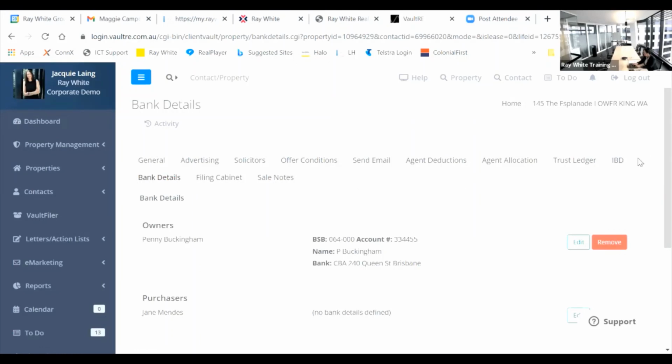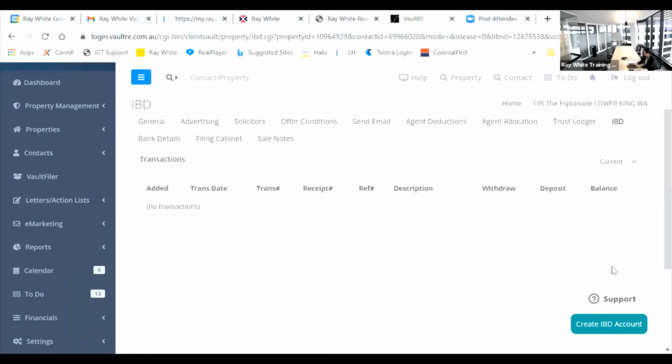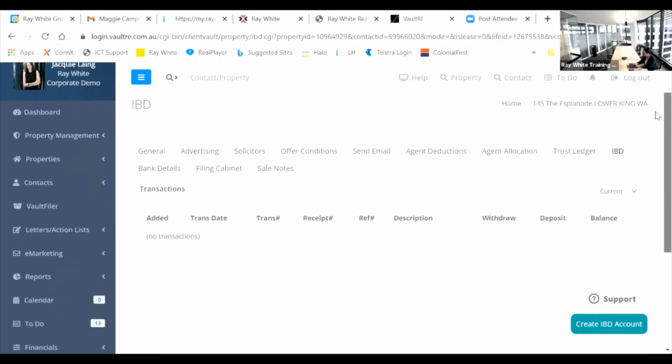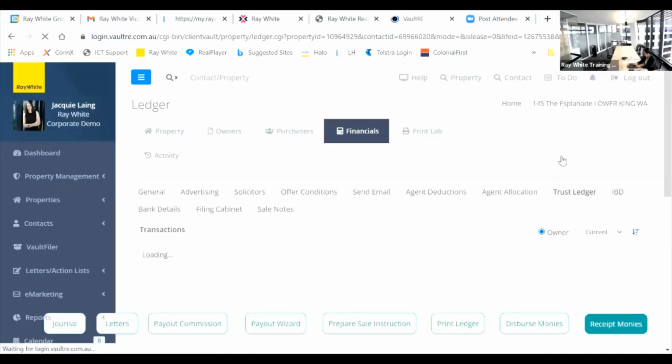If you were using IVDs, which is probably predominantly our New South Wales offices, this is where you can go in and create your IVD. You can take the money out of the trust and show that it's in the IVD and do all of those bits and pieces when you're in that section. So I'm going to come back in here to the trust ledger,